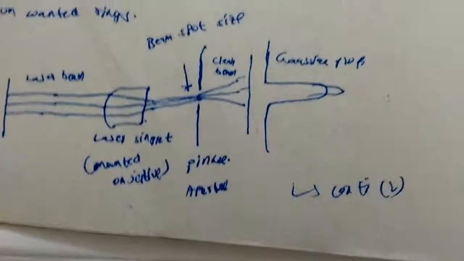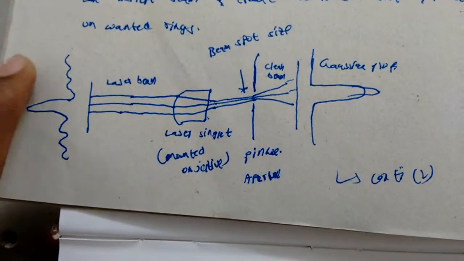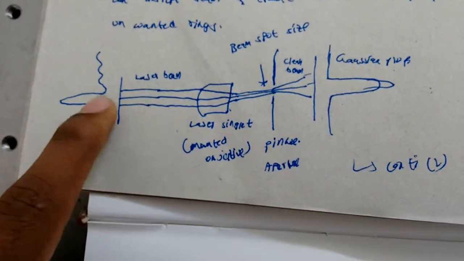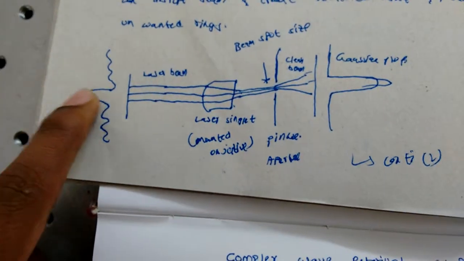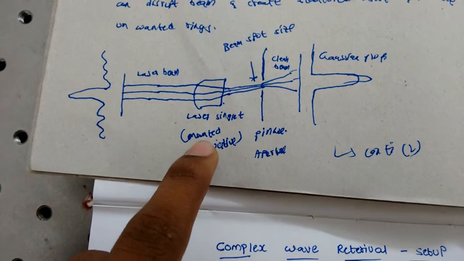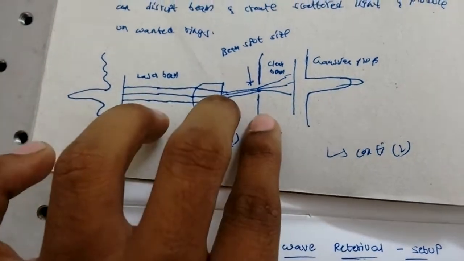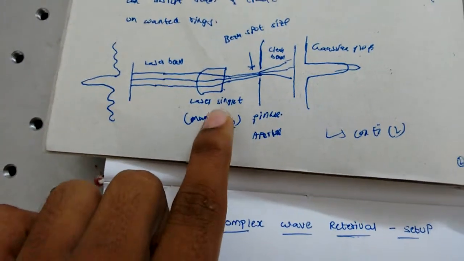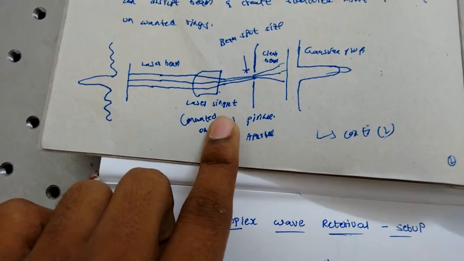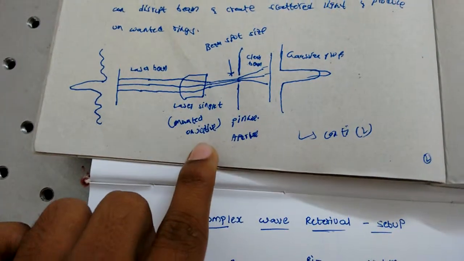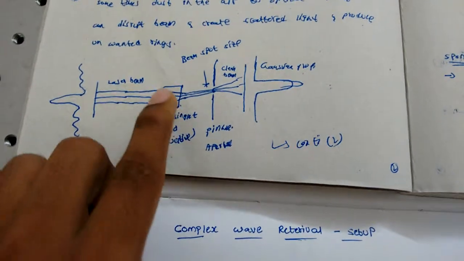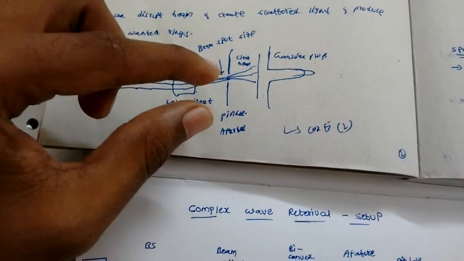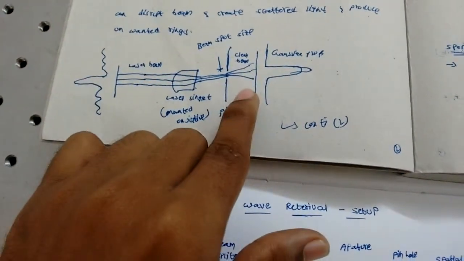You can see here this is the laser beam. You can see here side lobes. This is the central frequency beam we are transmitting here, and in the spatial filter these two parts, using two components, are called the spatial filtering part. So laser, singlet, which is a mounted objective lens, we can say. After that the beam is collimated at a certain point and then passes through a pinhole.